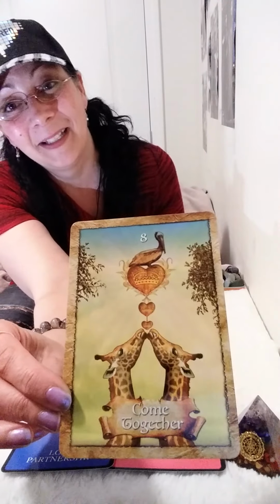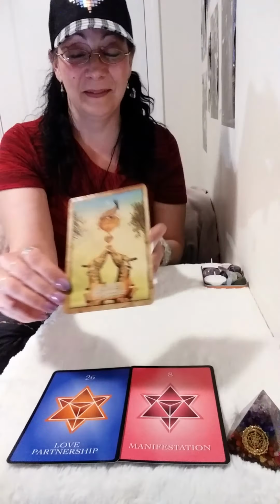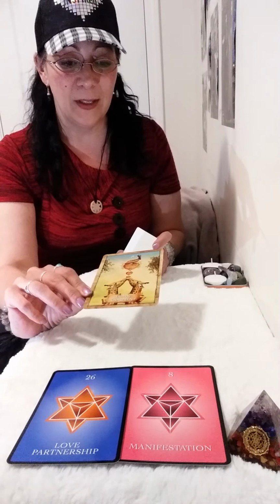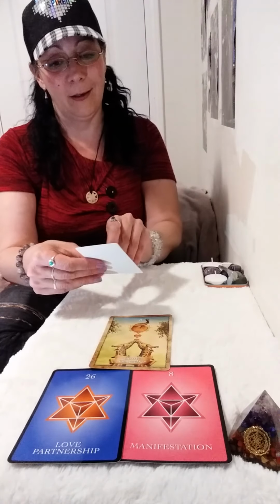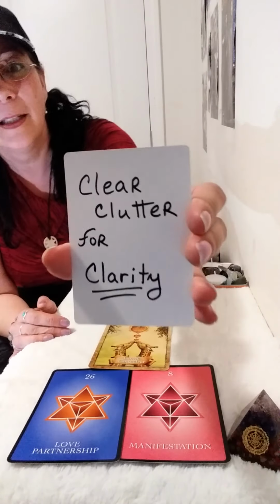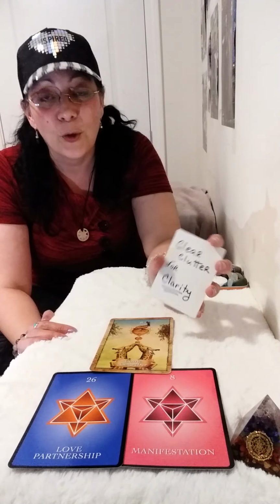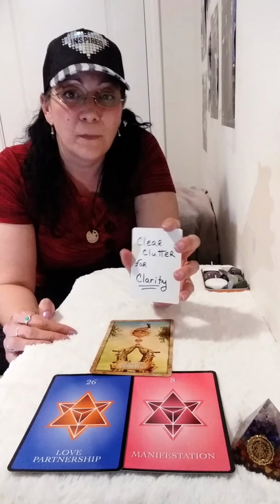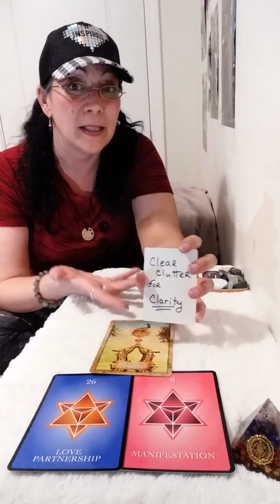So I like that it's 2 giraffes because they got to go real high. They got a long neck. So this one's very nice. And they got really nice hearts too. Okay, in order to get to this... yes, okay. Clear clutter for clarity. Some of us have that choice, right? We get different choices of potential mates. Potential, maybe it's this one. Maybe it's that one. Maybe